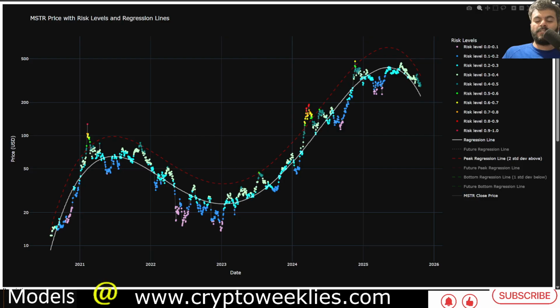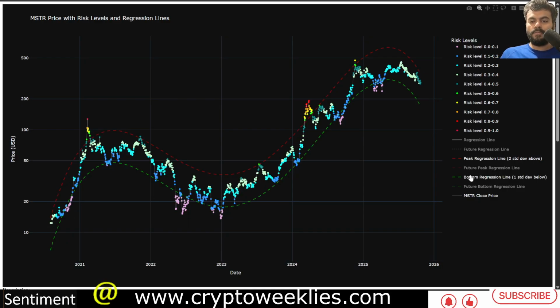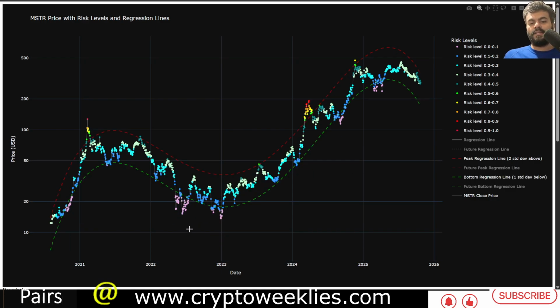And since then, the price performance is color coded with the risk levels based on how the price is doing with respect to the polynomial regression based risk. The overvaluation phase is in this dotted red line, and the undervaluation is in the bottom green line. Whenever the price is close enough to or slightly below the bottom green line, accumulating has not been the worst idea, and distribution or holding of DCA whenever the price is close enough to this red line has also been not that